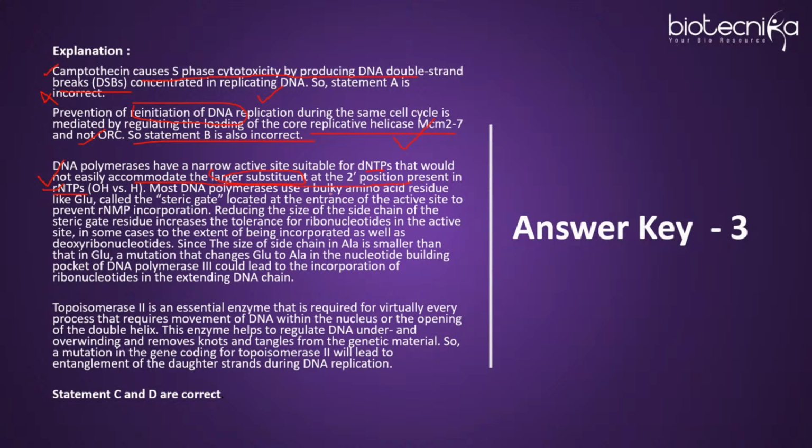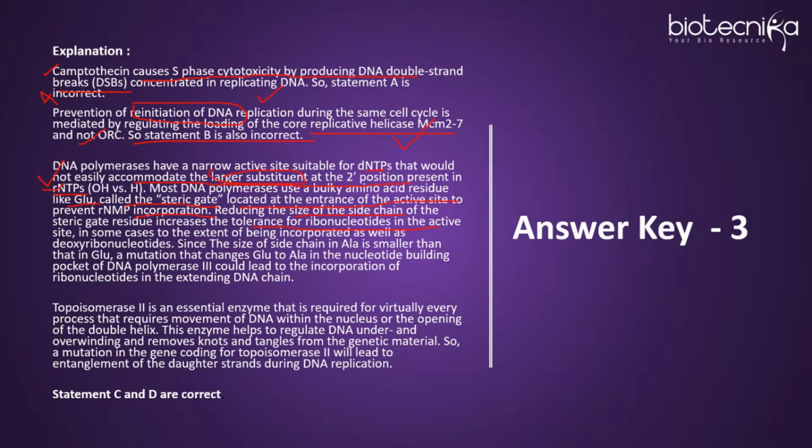So most DNA polymerases use a bulky amino acid residue like glutamine, called the steric gate, which is located at the entrance of the active site to prevent rNMP incorporation. As a result, rNMP incorporation doesn't take place because of these discriminatory amino acids, right? So reducing the size of the side chain of the steric gate increases the tolerance of ribonucleotides in the active site, in some cases to the extent of being incorporated as well as